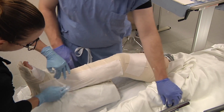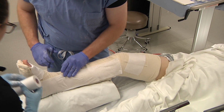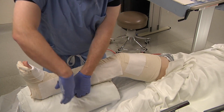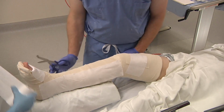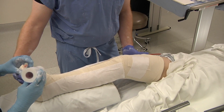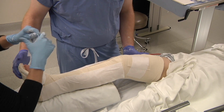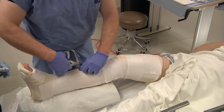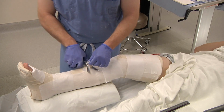Once again, you're the boss of the tape, so if there's big wrinkles generally here, you can easily cut a little relieving cut, as this is really just to keep the bias from unraveling. Also be mindful to prevent the patient from going to equinus if that's part of your goal. Just to show, if we were to make a window in this, taking care not to cut the patient,